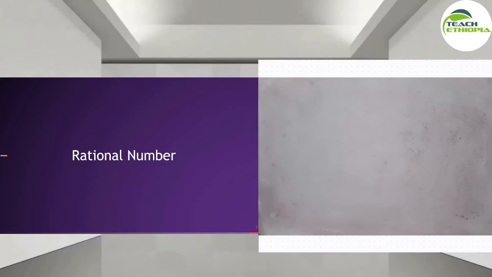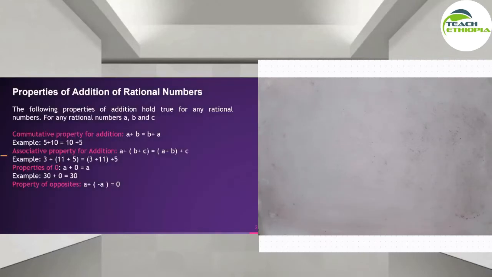እንዴት ናቸው? ላስት ታይም ሌሰን 1 ኤንድ ሌሰን 2 ተምረን ነበር ኦን ራሽናል ነምበር። ዛሬ ሌሰን 3 ወይም የመጨረሻውን ሌሰን እንማራለን በግሬድ 7 ራሽናል ነምበር ዩኒት 1 ላይ ባለ ቶፒክ ላይ ማለት ነው። በዚህ ቶፒክ የምንማረው ፕሮፐርቲ ኦፍ አዲሽን ኦፍ ራሽናል ነምበርስ እንማራለን። ቤዚካሊ የአዲሽን ምን አይነት ፕሮፐርቲዎችን ሆልድ ያደርጋል የሚለውን ነገር እናያለን።